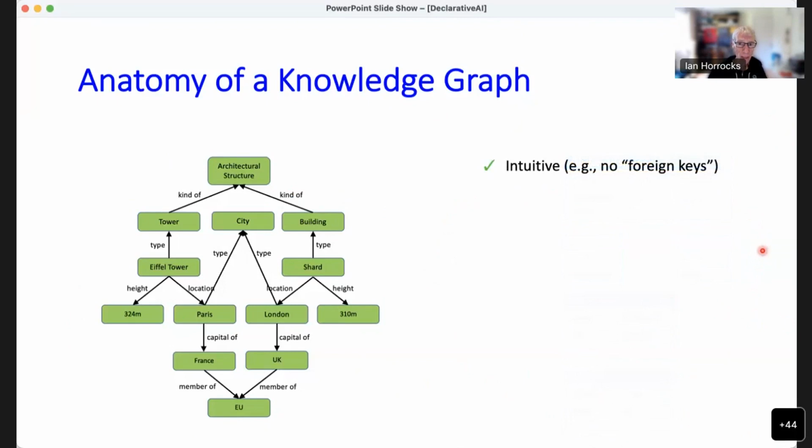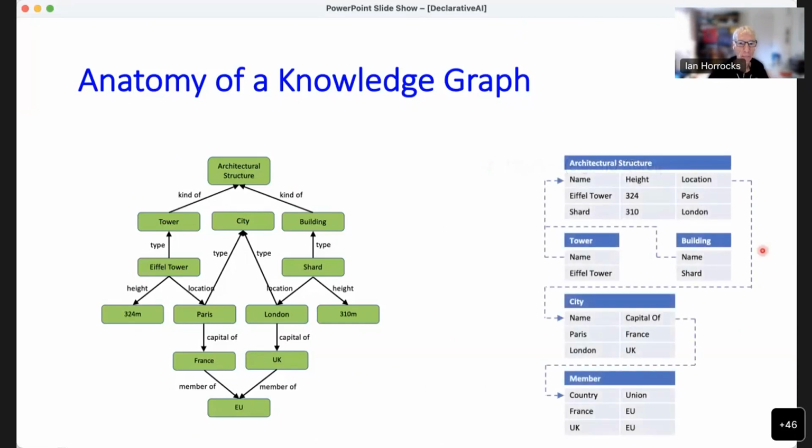So why bother with knowledge graphs at all when relational databases are very well established and they've been around for a long time and have a bunch of proven systems? Well, for one thing, I would say that knowledge graphs are more intuitive. This is a bit subjective. I'll come to some more objective reasons in a minute, but to be a little bit more objective about this intuitiveness,